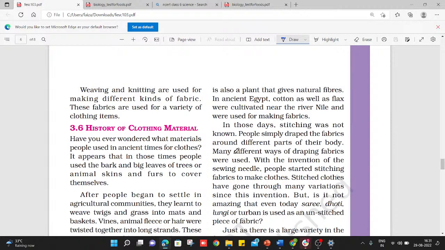It appears that in those times people used the bark and big leaves of trees or animal skins and for